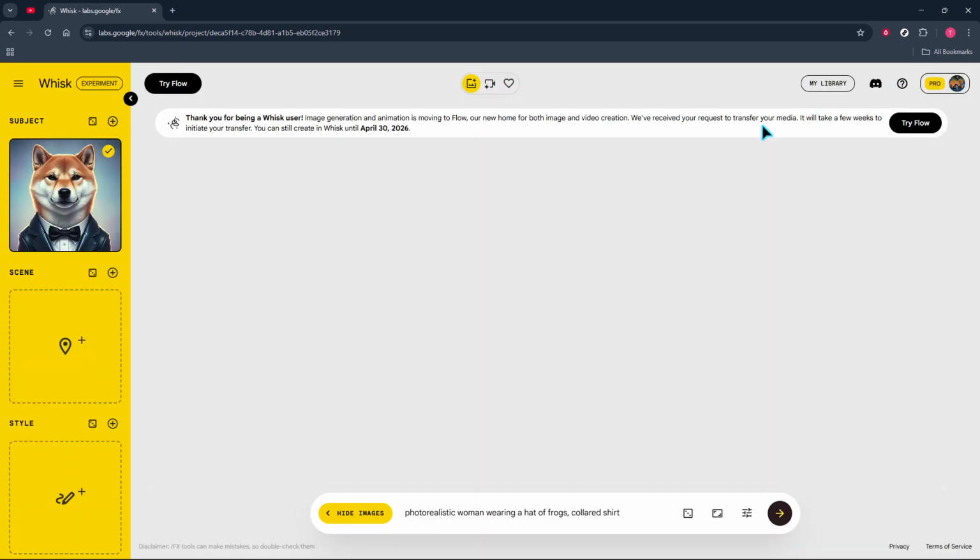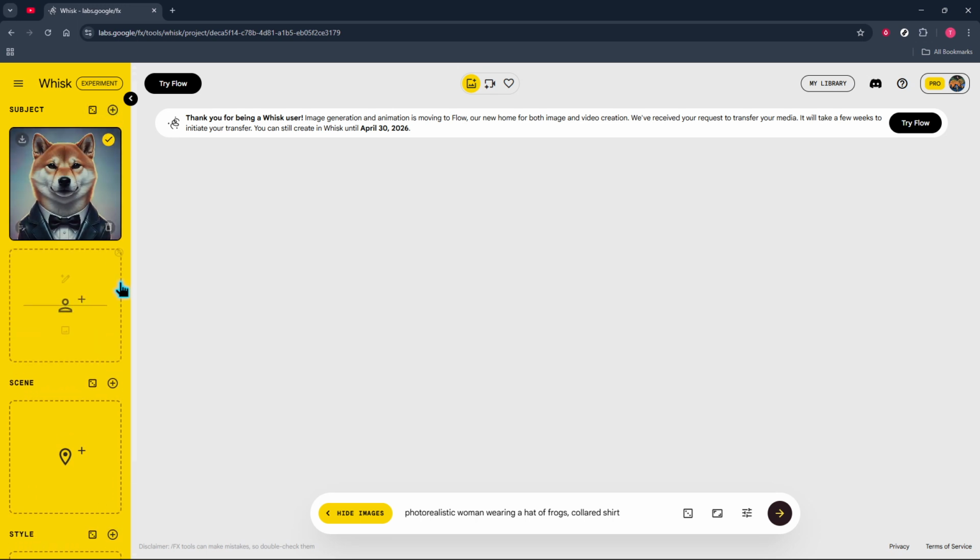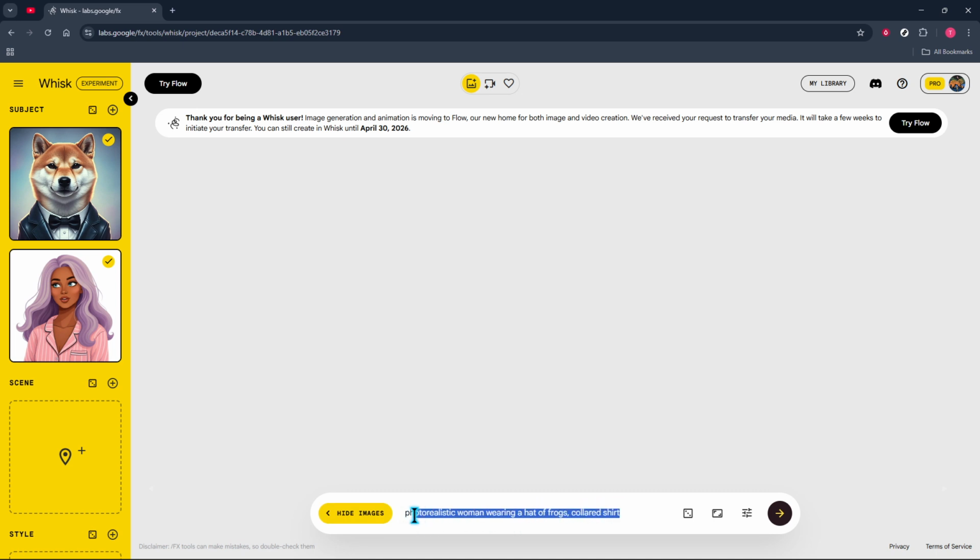To expand your concept, click the plus icon to add another subject, scene, or style. This is great for exploring variations or building a richer composition. At the bottom, click the main prompt area to describe exactly what you want to do with the generated image. Refinements like lighting, color tone, camera angle, or level of detail are especially helpful here. Stuck on phrasing? Use the dice near the prompt to auto-generate a ready-to-use prompt you can edit to fit your